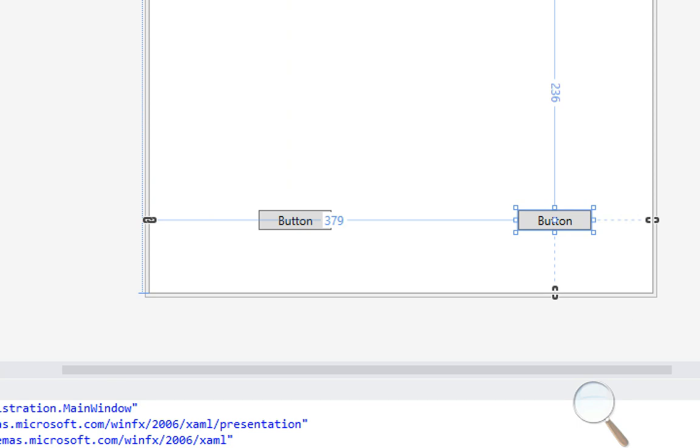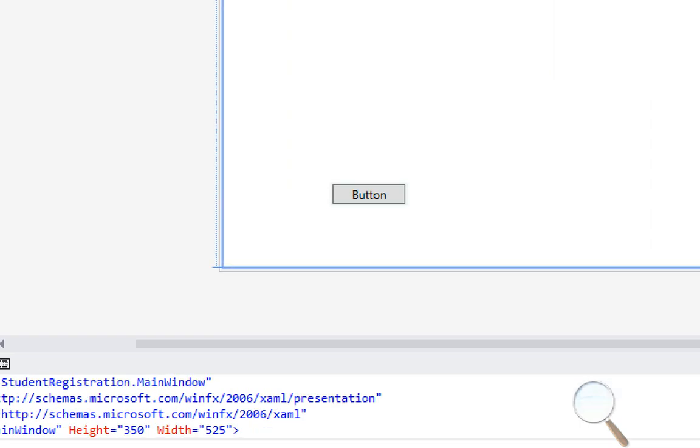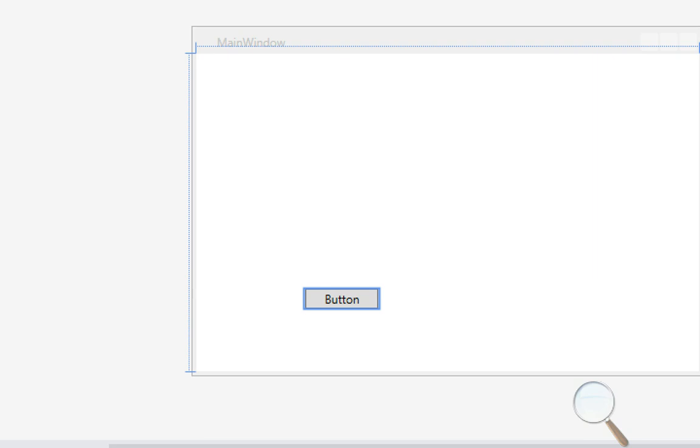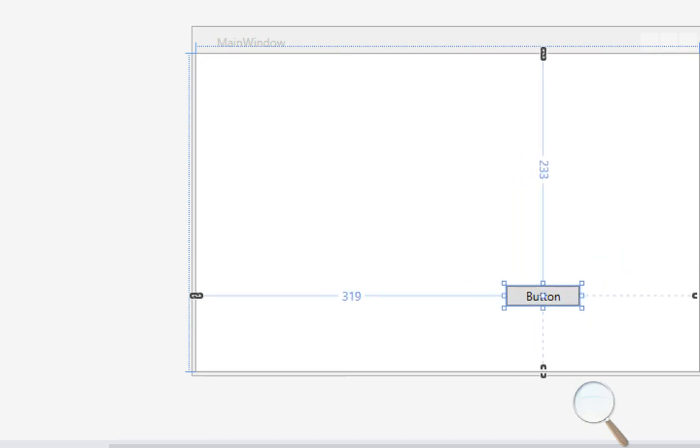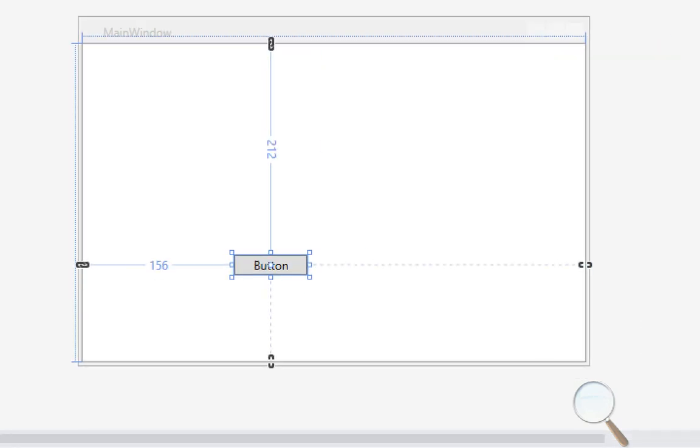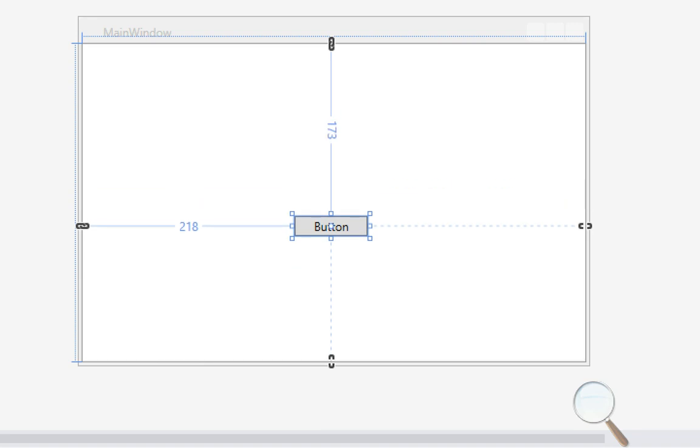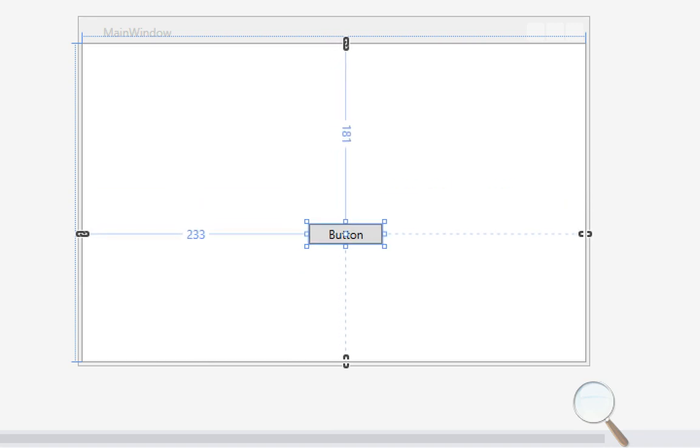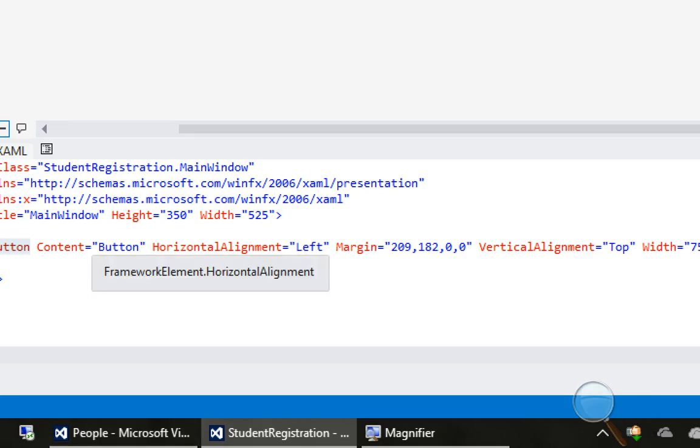So as you keep on using this, you get familiarized with it. It's not a one-day thing. Let me delete this other button. So what I want to do is I will have a button. I'm trying to bring this to the center of the page. Do I have equal length on the right hand side and the left hand side? I really cannot tell. But instead of doing this, I can go in the code and say horizontal alignment equals center,